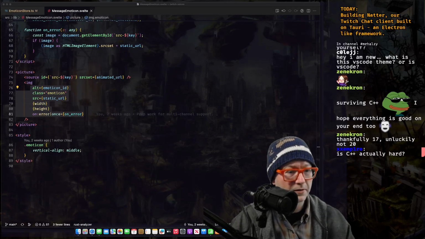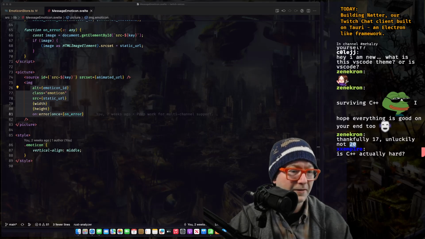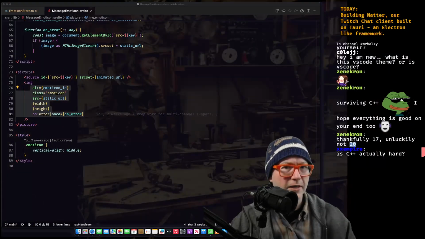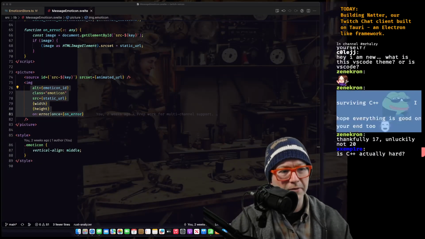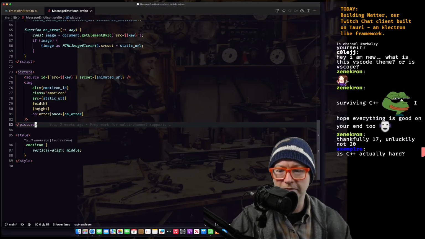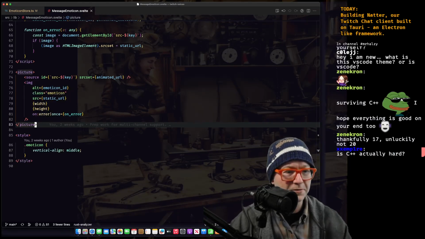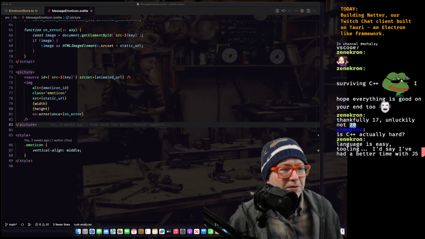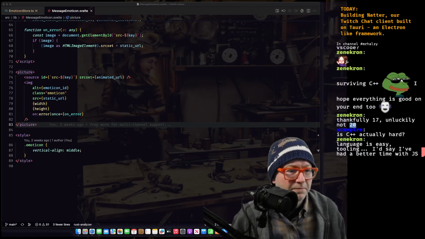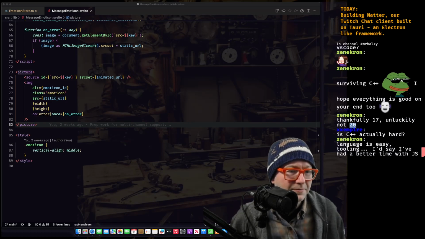Is C++ actually... thankfully 17. Unluckily, not 20. Ah, yeah. Well, 23 is going to come out this year. What are the big things coming out in 23? I haven't been keeping track. 20 was the last one I really kind of looked forward to. Yeah, tooling. That's... Yeah.